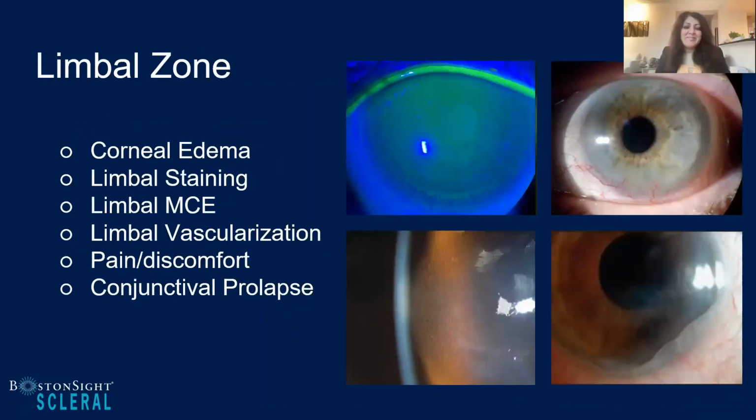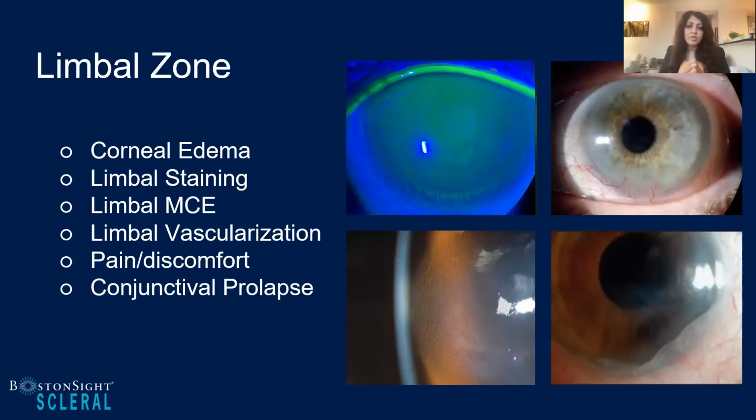When we take a look at the limbal zone, there are really two situations. Your limbal zone is either touching your cornea or it's way too far from the cornea. When you have touch, you're going to create damage to that limbal zone. You're going to have staining. It's going to create discomfort. When you have too much clearance at the limbal zone, that creates this negative pressure underneath that lens,